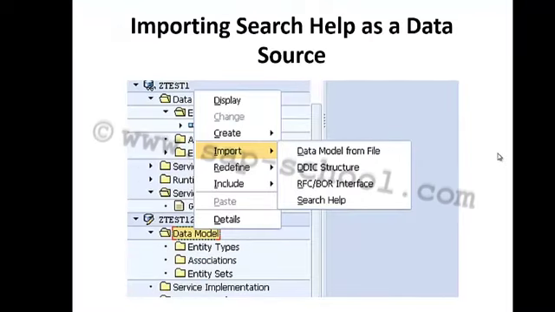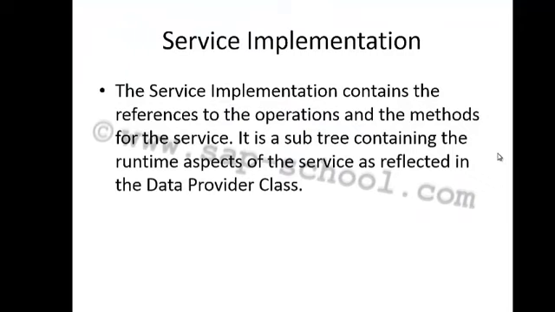So now let's discuss the service implementation. So the service implementation contains the references to the operations and the methods for the service. So it is a subtree containing the runtime aspects of the service as reflected in the data provider class.